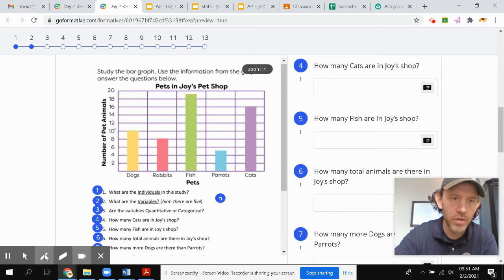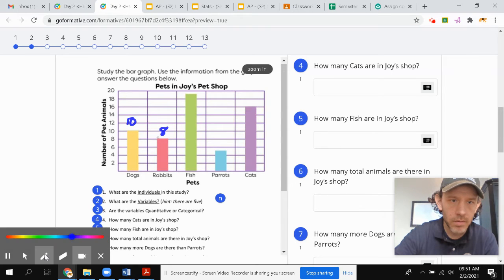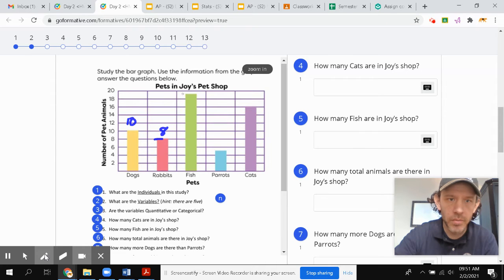So for dogs, you can see that there's 10, right? Because it goes there. For rabbits, you can see that there's 8 because of the height of the bar. Here, you're in between a little bit, 18 and 20, which means that this height is 19. Okay, same with parrots, you're in between. So between 4 and 6 is 5. And then the bar hits at 16